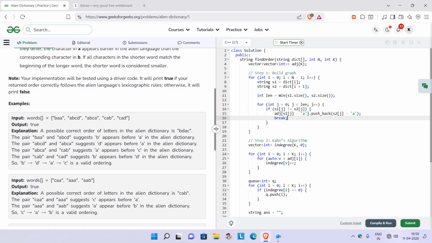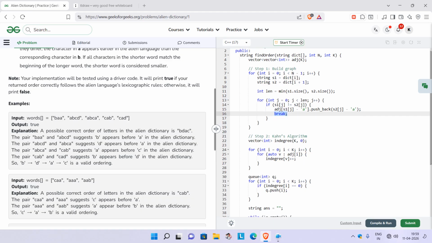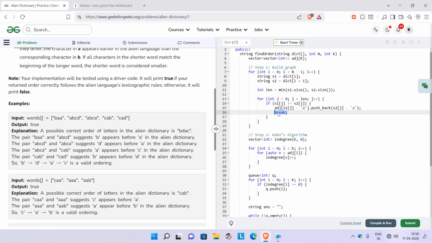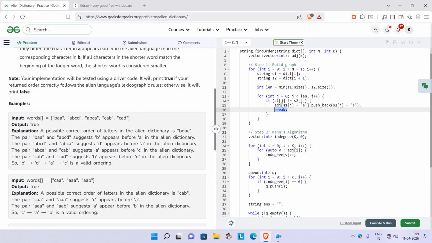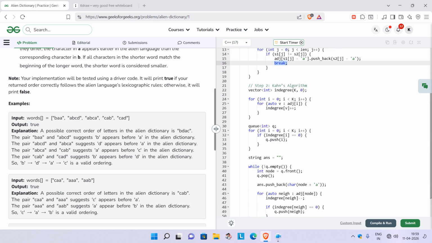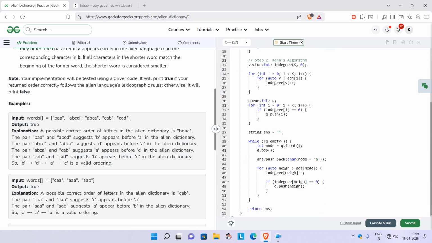And since we are able to find it, simply break, because we don't want another mismatch there. By this our graph is made. After it we can simply apply our topo sort, as you know very well. If you don't know, I explained in my previous video how this works using BFS and how using